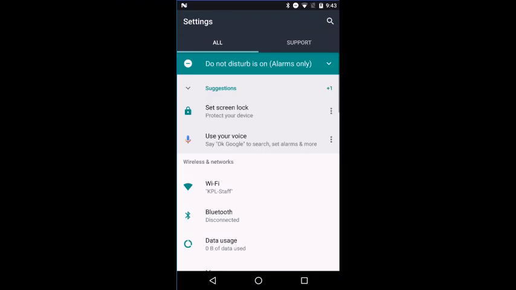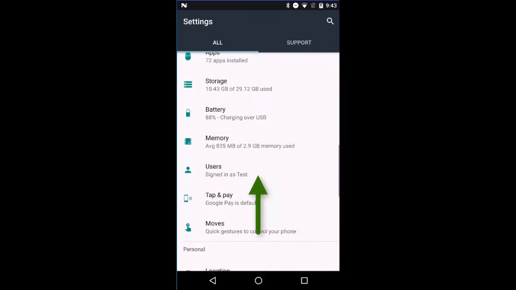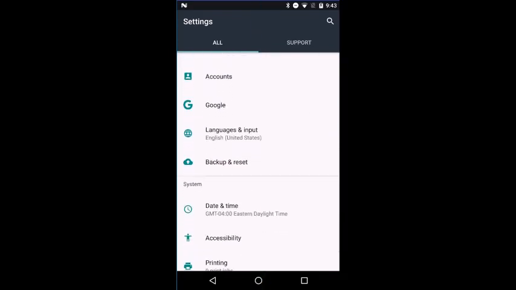Or if you don't see it up there, just search around in all your icons to try to find that gear icon somewhere. Okay, once you've found that gear icon and clicked on it, you should be at the settings menu for this device. Here you want to scroll down until you find something called backup and reset. Okay, when you find something matching that description, you can select that and proceed to the next step.